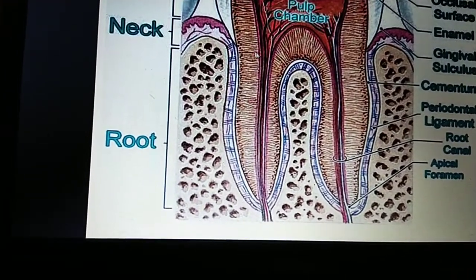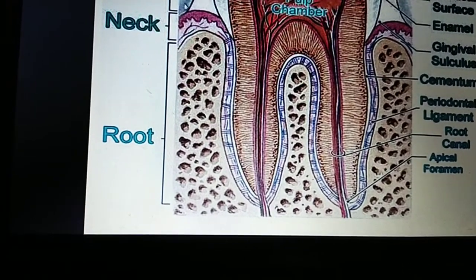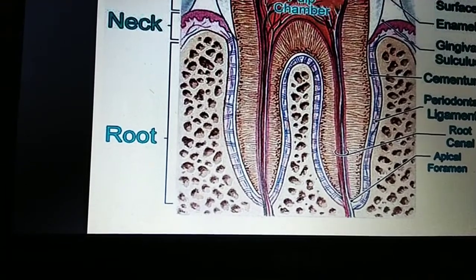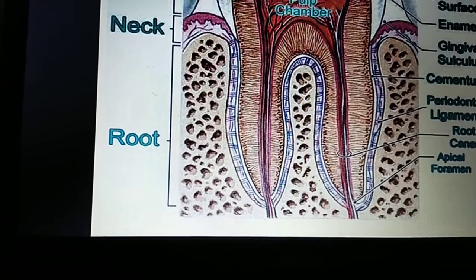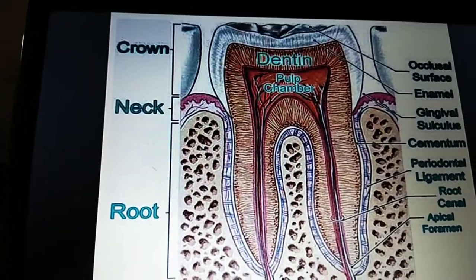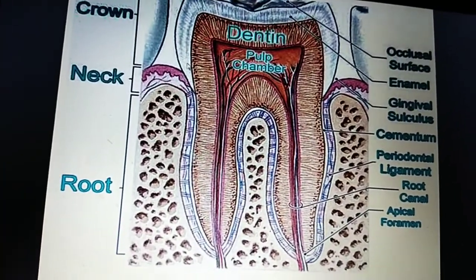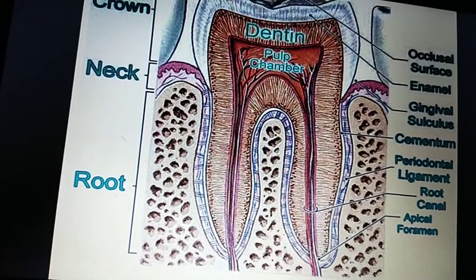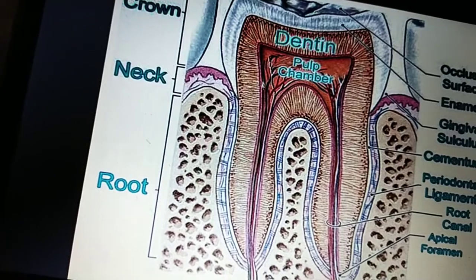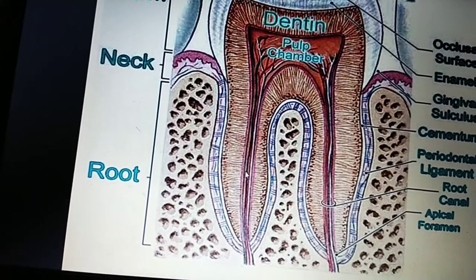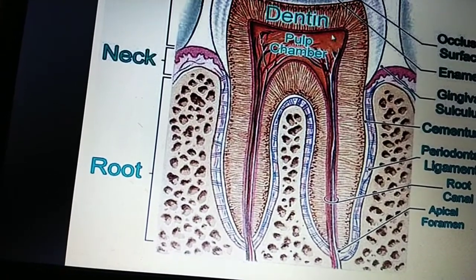The clinical crown means the part that is exposed to the oral cavity. What we are seeing now is what is exposed in the oral cavity, what we can see with our eyes, that is the clinical crown. Most of the root contains the pulp cavity. The dentin composes most of the root, which normally has a pulp canal. This is the pulp canal, this is the pulp chamber, and these are the horns of the pulp.